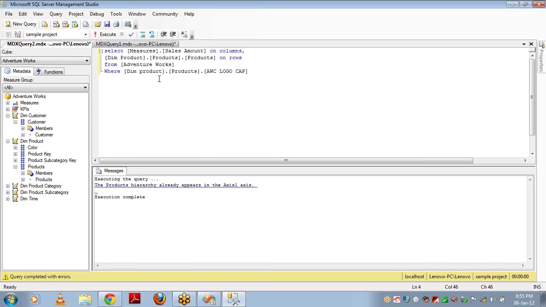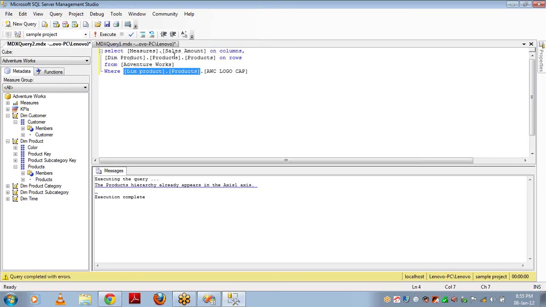The product hierarchy already appears in the axis 1 axis. This is the error that we have to keep in mind, and we have to be very careful while writing MDX queries. This error is because the same hierarchy, that is dim product.products, is used in some other axis, and we use this hierarchy in the rows axis.